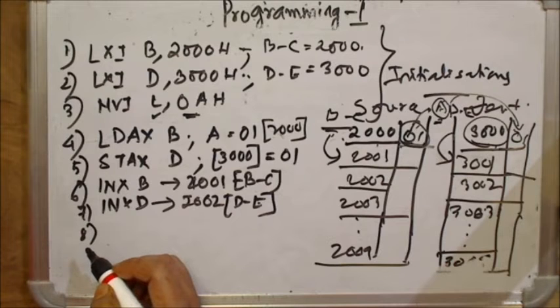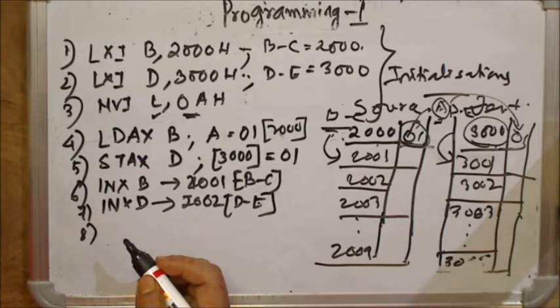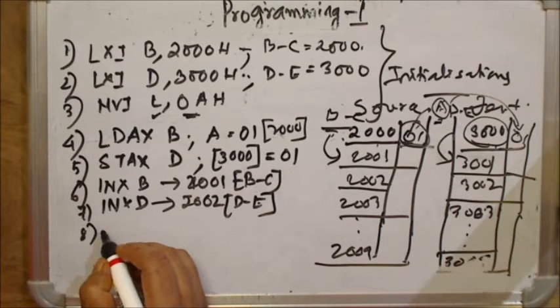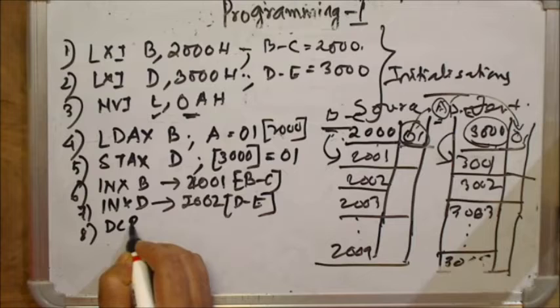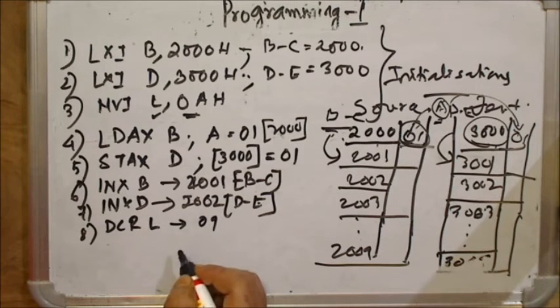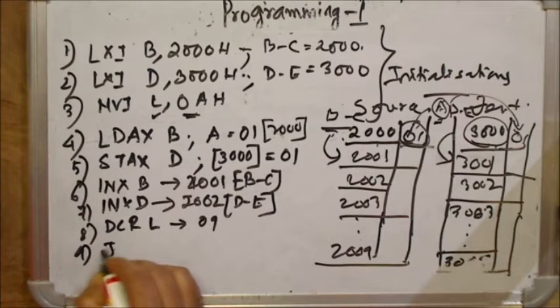So who has the count? L. I have taught you how to make loops. We have learned all instructions of 8085, so please see the instruction video first so that you can understand programming better. I will not explain here how to make loops because I have already explained it multiple times in that video. So how do you make iterations? Decrement the count. DCR L. So L was 0A. Now it will become 09. Right. Then now put the procedure in loop by writing JNZ